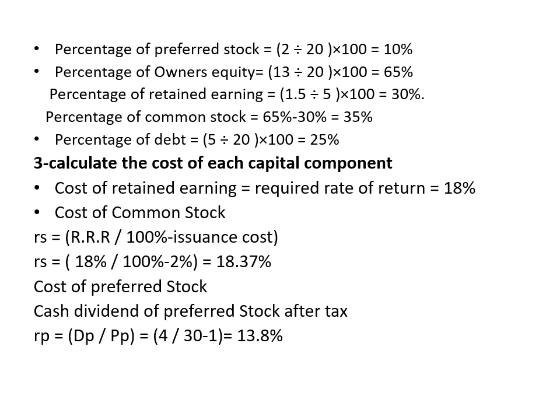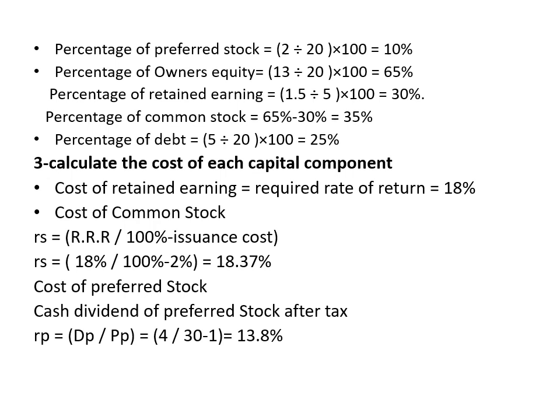And the percentage of owner's equity equals 13 over 20 million, which means it represents 65% of the capital. But this owner's equity is divided into retained earnings and common stock. The value of the retained earnings is already given, which is 1.5 million pounds. So I am going to divide the 1.5 million pounds over the 5 million, which is the value of the expansion or the needed value to be expanded in the investment. It will give me 30%, which means 30% out of those 65% is for retained earnings, and the remaining will be